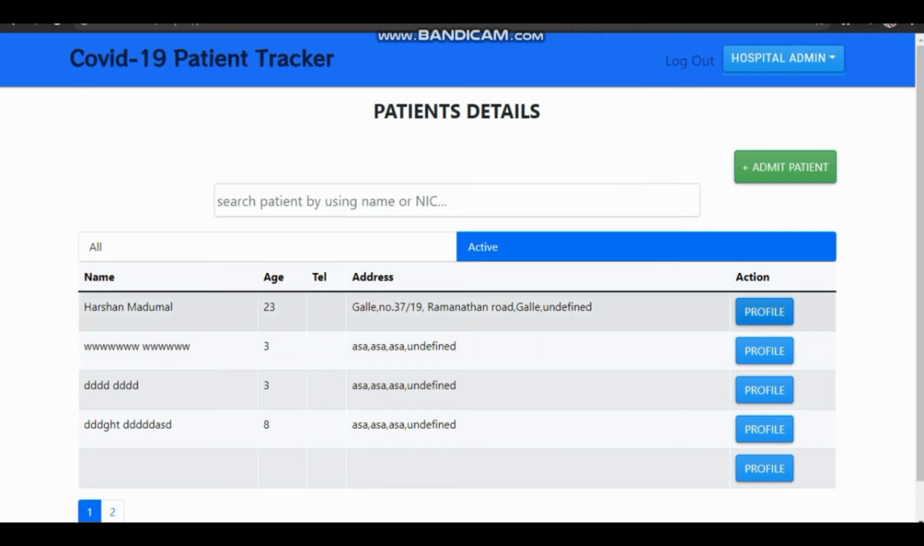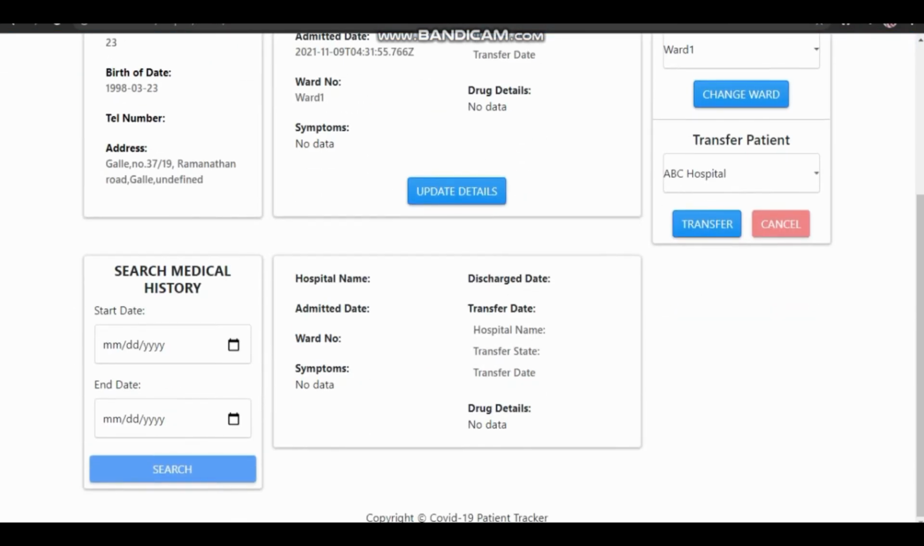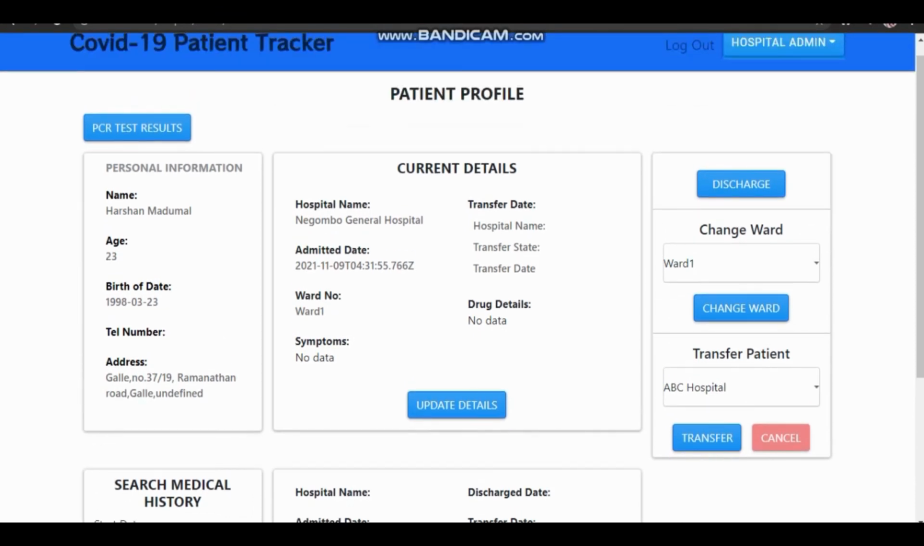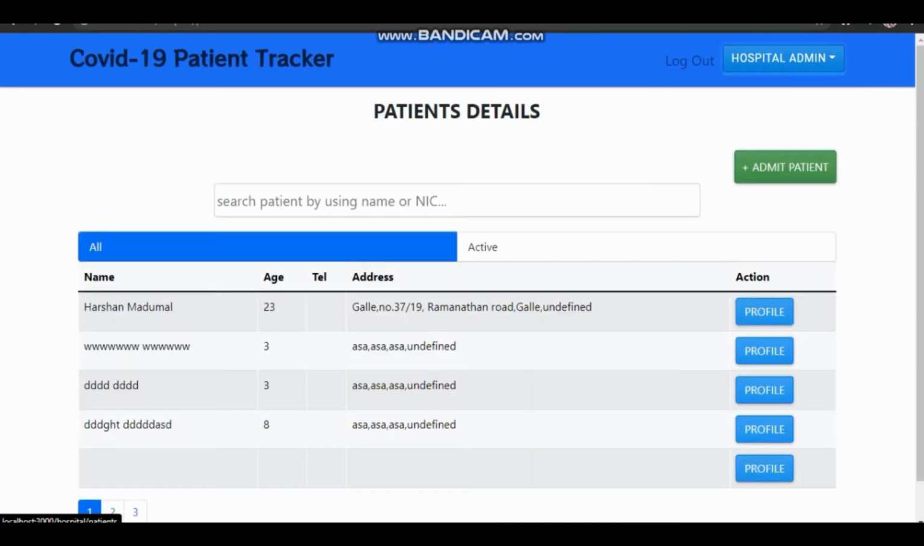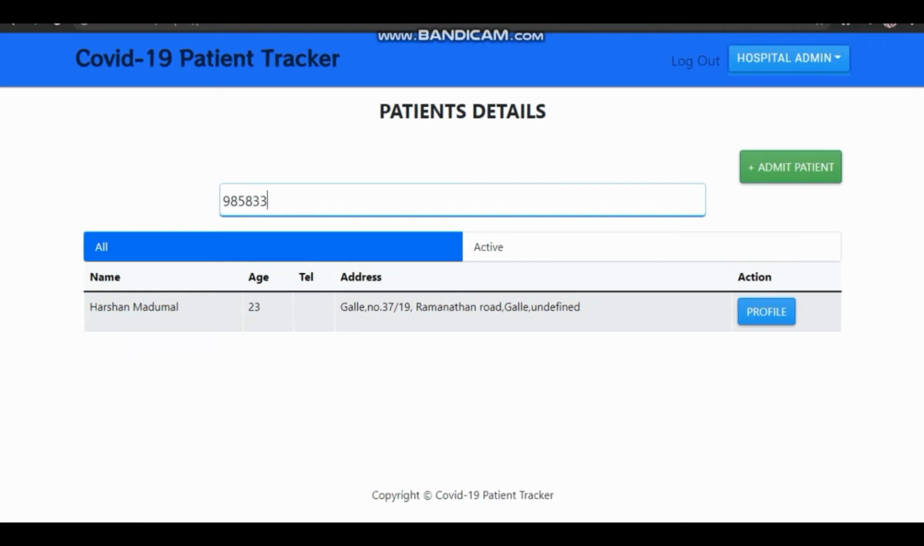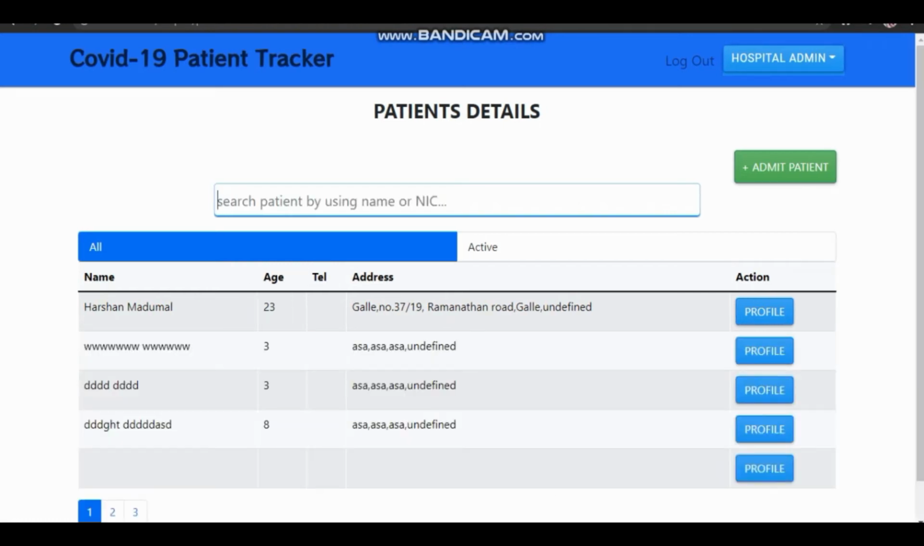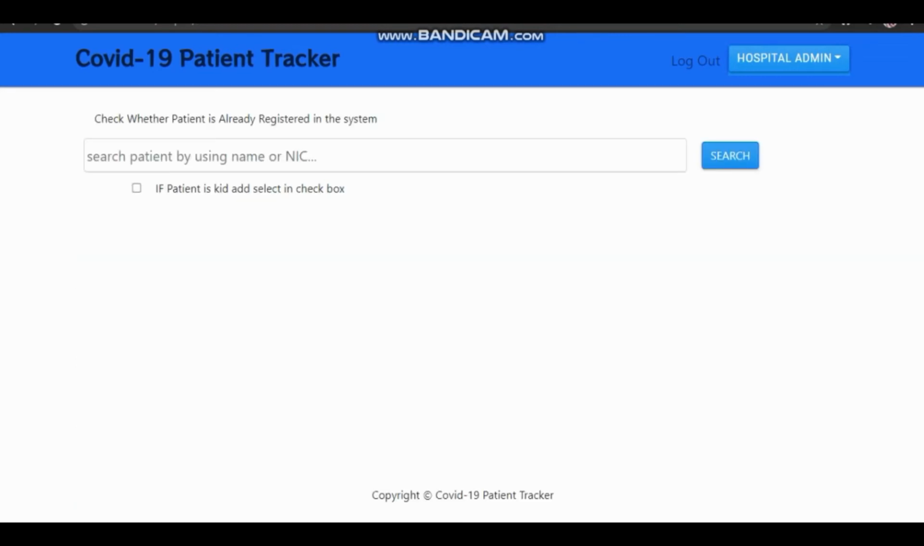The hospital admin can also view the profile of the patients, which can give further details like the ward number and the medical history of the patient. Also, admin can search the patient using the NIC number, and admin can admit a new patient to the system. Before